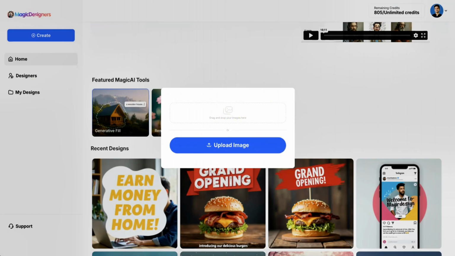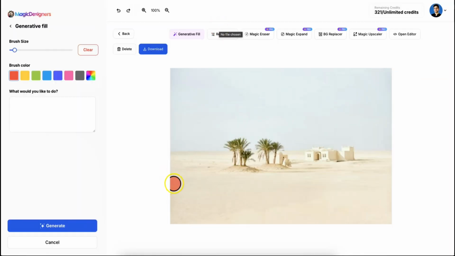So I'm going to drag and drop an image here, and here you will see the brush size and brush color and what you would like to do. So if you can see here, I can change the brush color. So let's say keep it red. Here I just paint this area